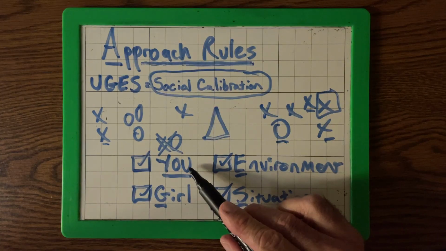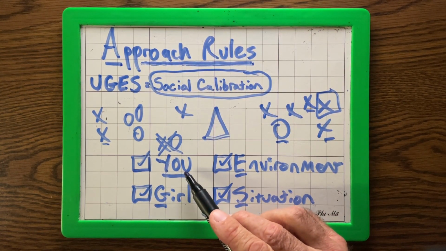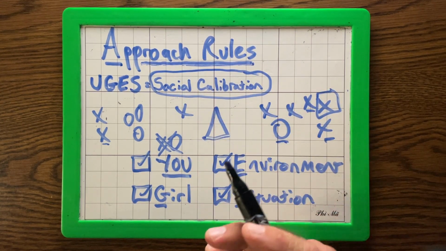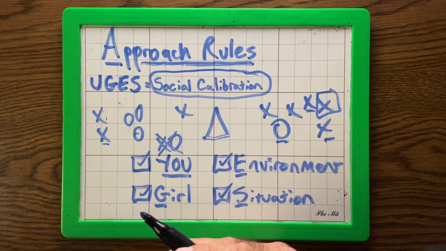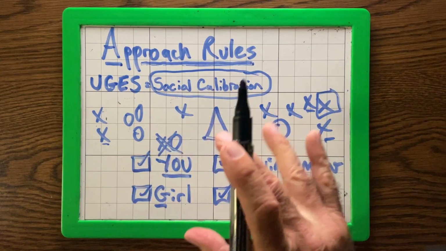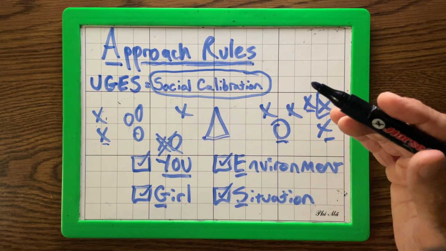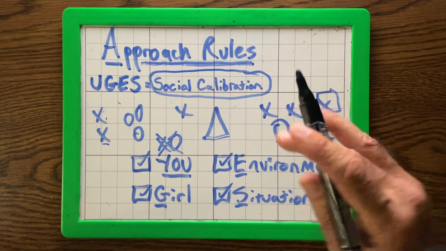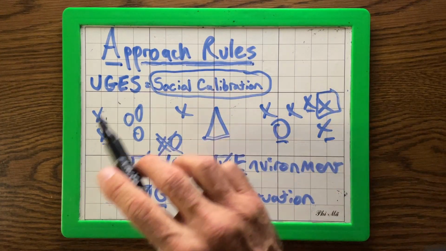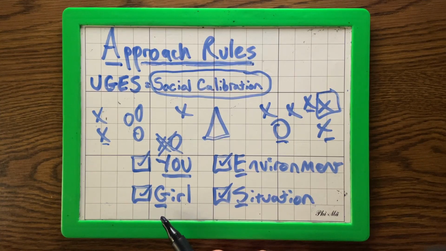What I'm talking about with you is specifically what you look like and what you're doing. Are you walking? Are you jumping? Are you talking? Are you chewing gum and dancing around? Are you sitting down? Are you laying down? You need to consider that you fit in the environment and are being socially calibrated. If everyone's sitting, you should be sitting. If everyone's standing, you should be standing. You look like you belong and you fit into the environment. You're socially calibrated.